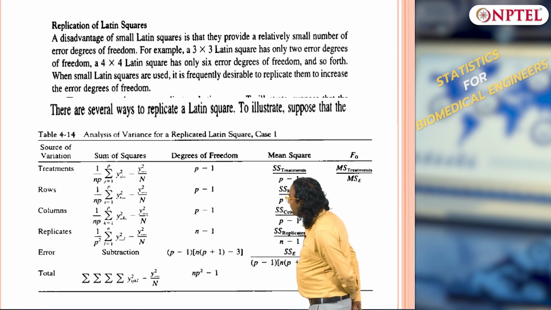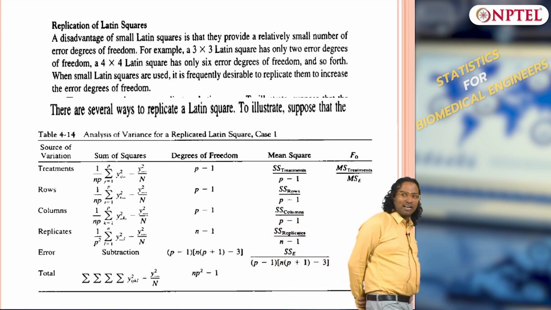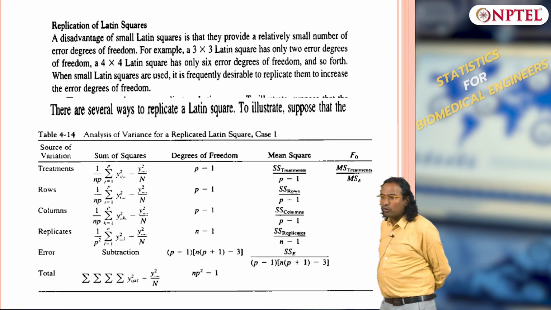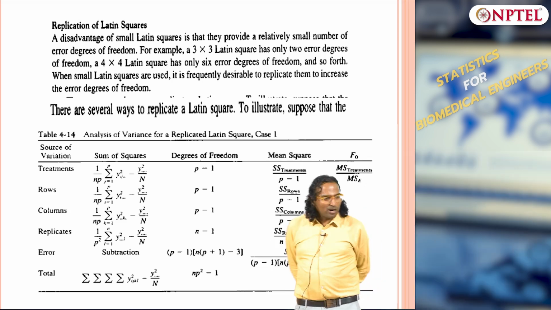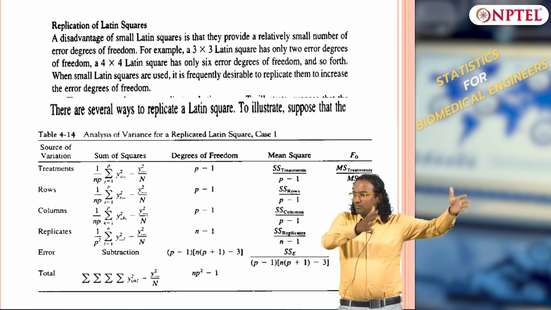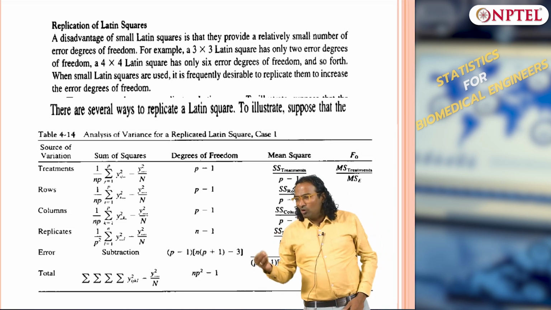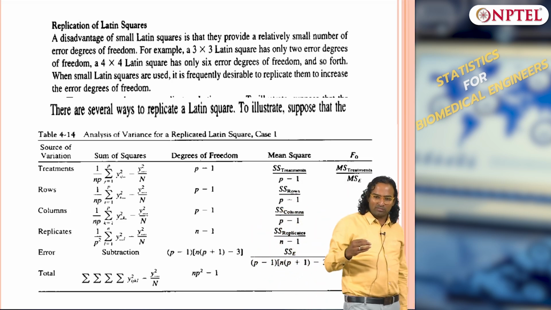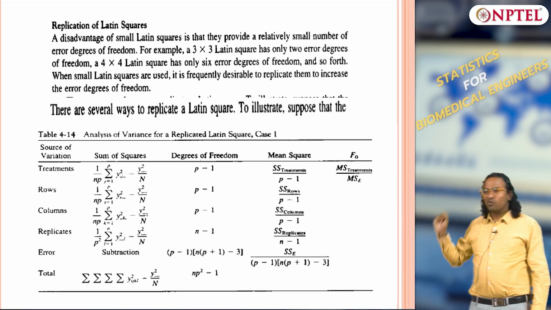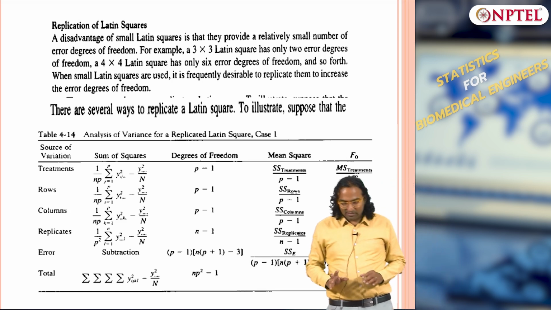So, the total is going to be n p squared minus 1. You have conducted n blocks, so this is going to be n into (n p squared minus 1). Remember, the overall mean is only 1. You are going to conduct many squares and then merge them. So, the total is n p squared minus 1, instead of p squared minus 1. Now, if you do it 5 times, 5 p squared minus 1, 5 replications. Now, the total degrees of freedom would have increased, okay.